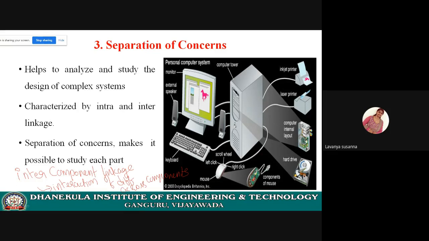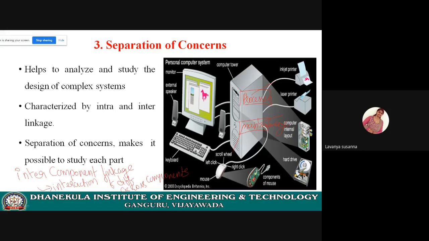Example, take a processor. See the diagram. Processor or CPU and main memory. To process the data, you know that data is stored in main memory, right? Processor is one component and main memory is another component. Main memory is not present inside the processor. Inside the processor, the subcomponents are ALU, control unit and registers. Remember that.